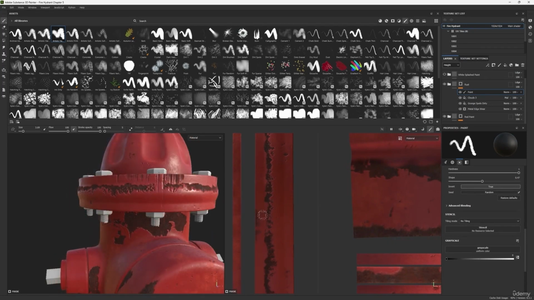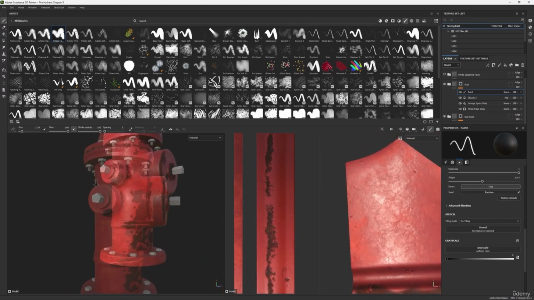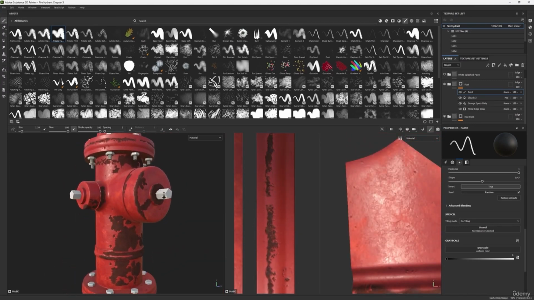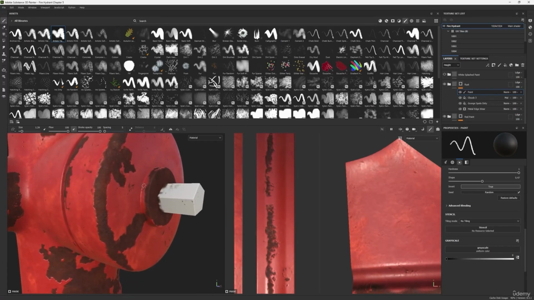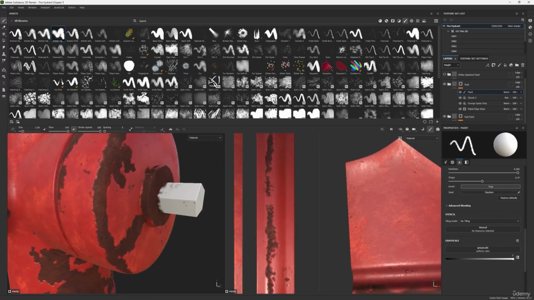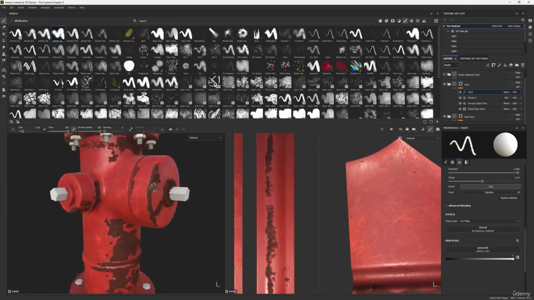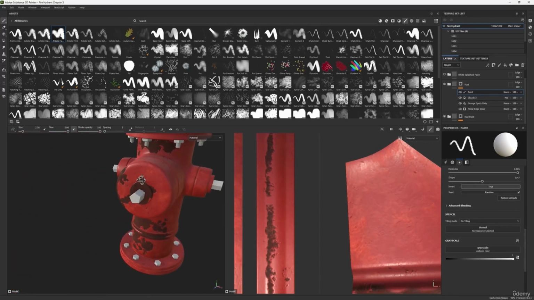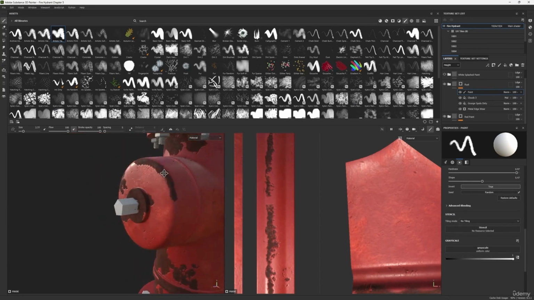I guess they are over now, so let me just delete them. Let me just remove them from here. All right, so I guess the rust part is almost done. This is looking pretty unnatural, so I am going to make rust around this part also, and let me just join these. All right, let's leave it like that, and let's paint some rust in this area as well,